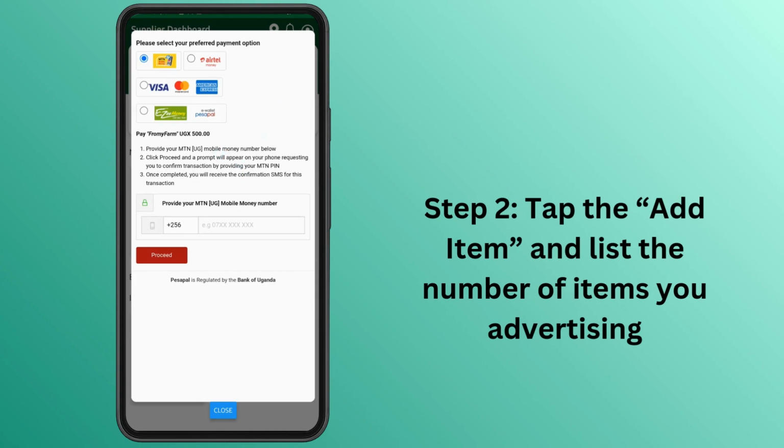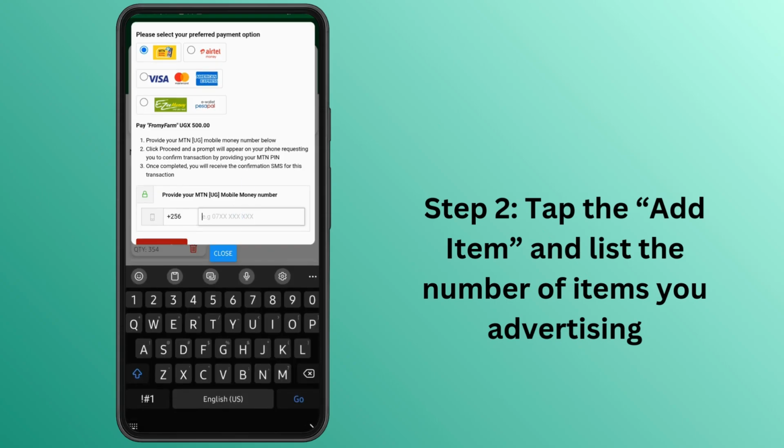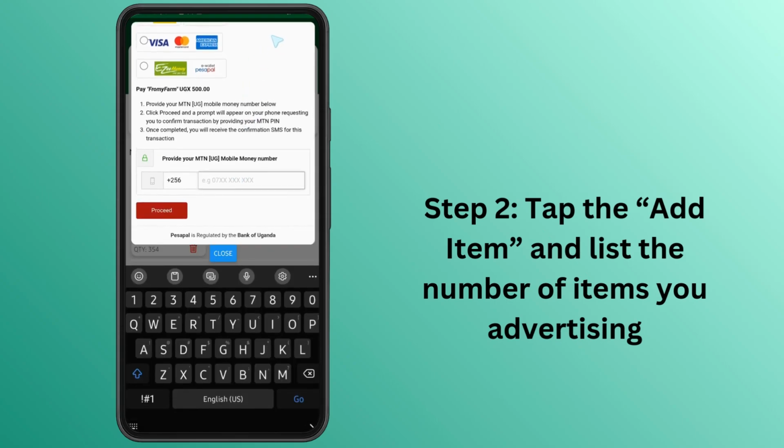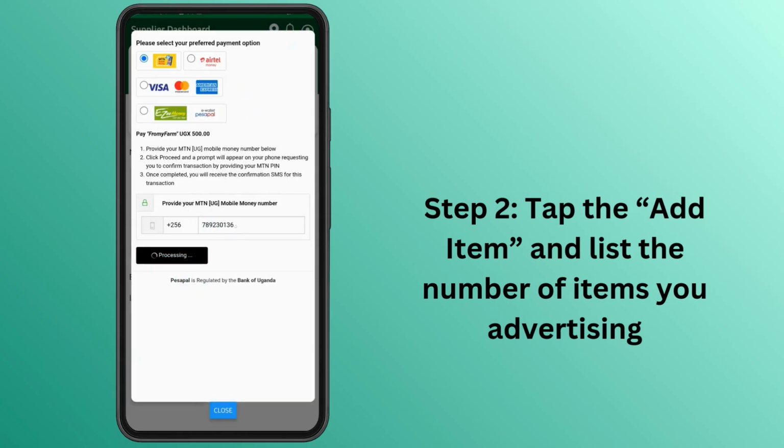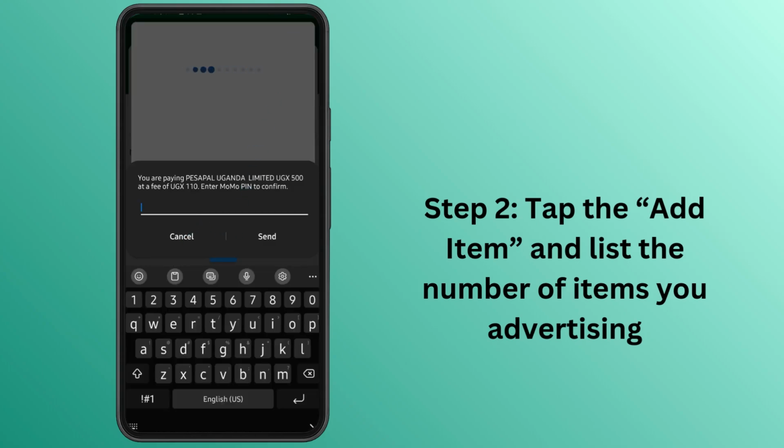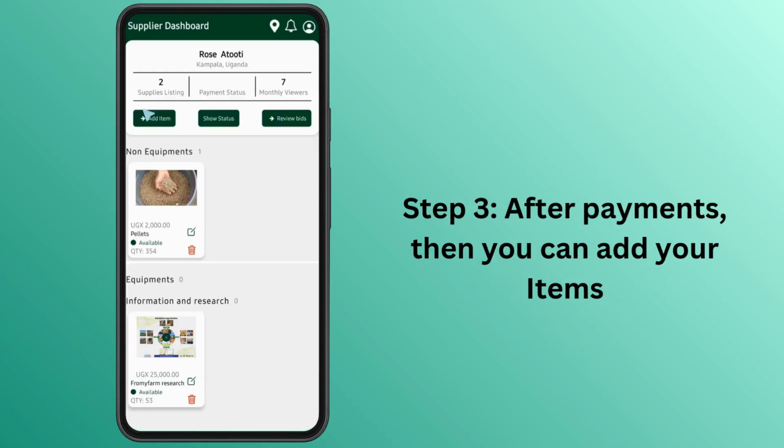But you can pay with MTN, Airtel, Visa, or Easy Money. So I have an MTN number, so I'm going to put in my number. When I do that, I click proceed, which will bring this to put in. So you click add item,